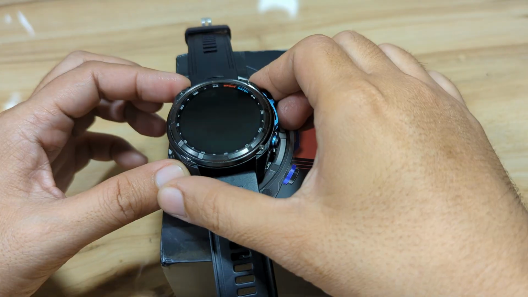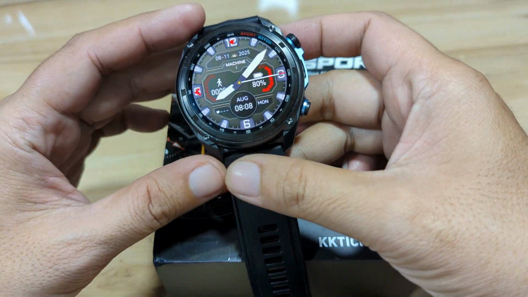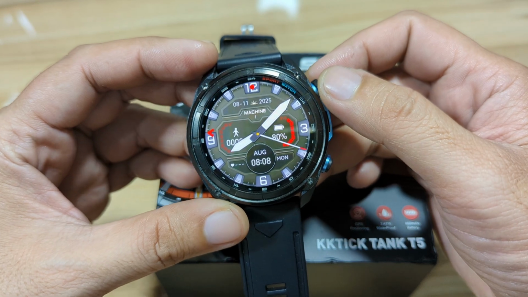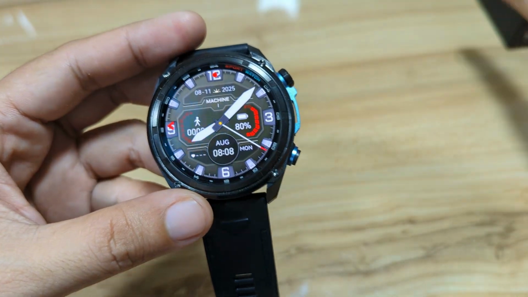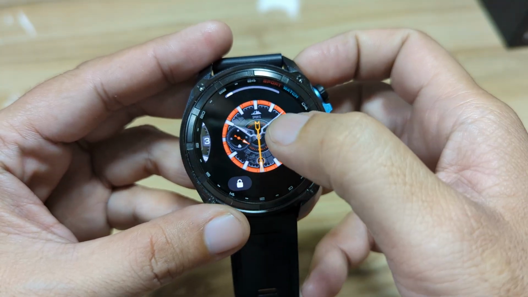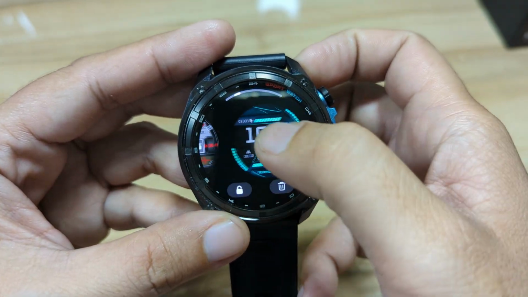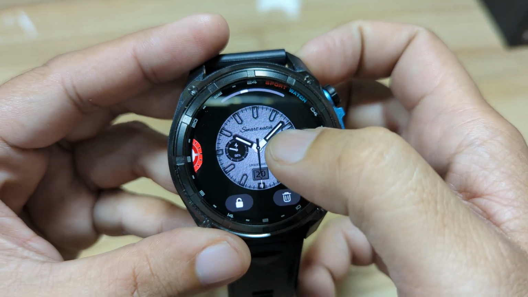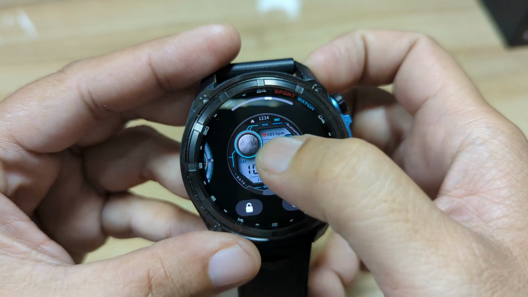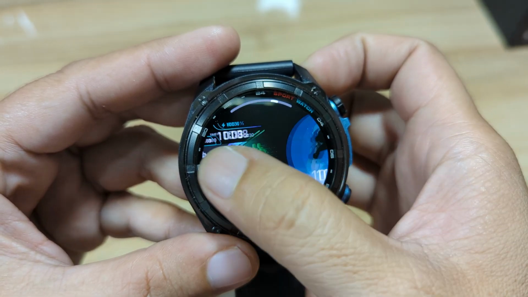Alright, so let's begin and explore the custom wallpaper or custom watch faces section of the Tank T5. So let's put this aside. To change the custom wallpaper, just look for the option here. It's already available in the smartwatch, but the option to edit it is available on the support app.